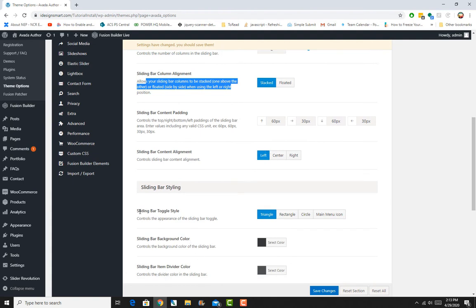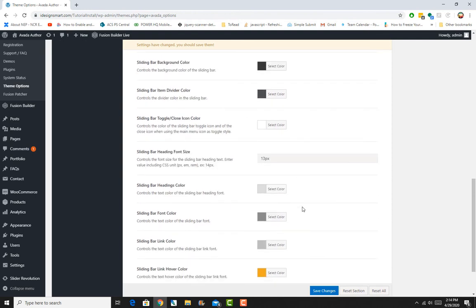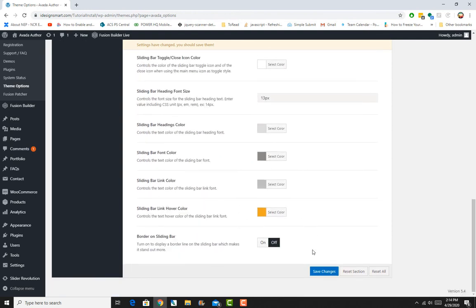For the sliding bar toggle style, you can use a triangle, which will show a triangle from the top area that you can click on to expand and show the sliding bar. You can also use a rectangle, a circle, or a main menu icon. Maybe we'll try something different. We'll go with a rectangle and see how a rectangle works. The sliding bar background is black, and for the sliding bar item divider, we'll just leave everything default, but if you'd like to play with it, go ahead. And once we do that,